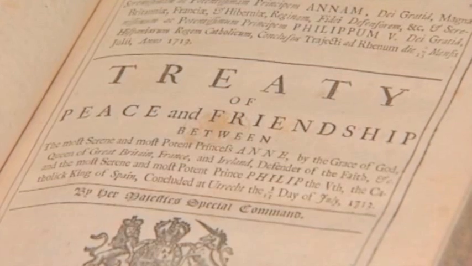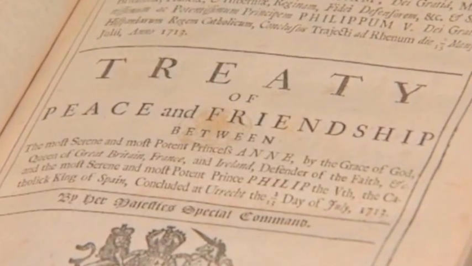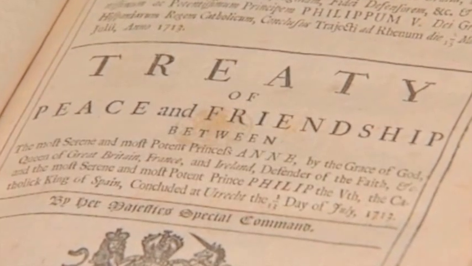So the name I need to give you guys is the Treaty of Utrecht, which is actually a Dutch city where the treaty was signed. It's spelled Utrecht. The Treaty of Utrecht was really significant in terms of the colonial identities, because while